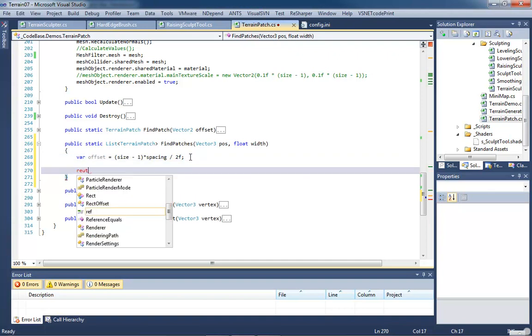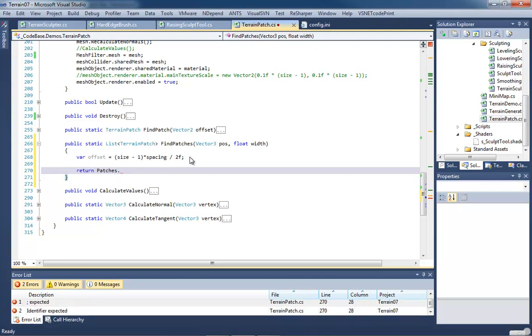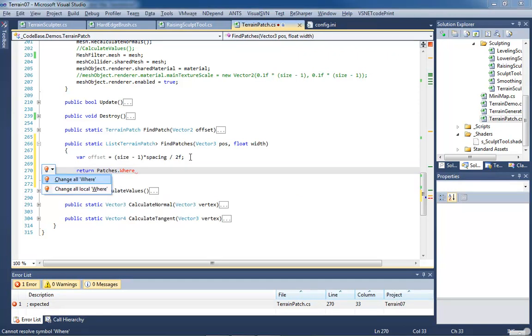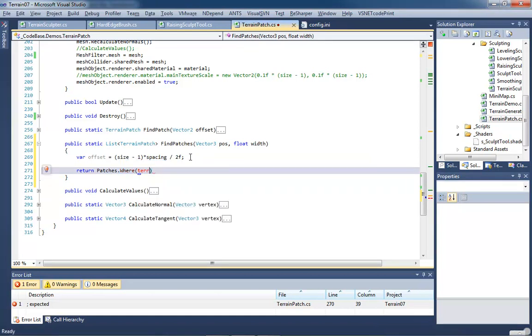Now, I'm going to return patches. There we go, I can spell. So we're going to return patches where, I'll have to add that later. All right, where, oh, there it goes. Where terrainPatch goes into